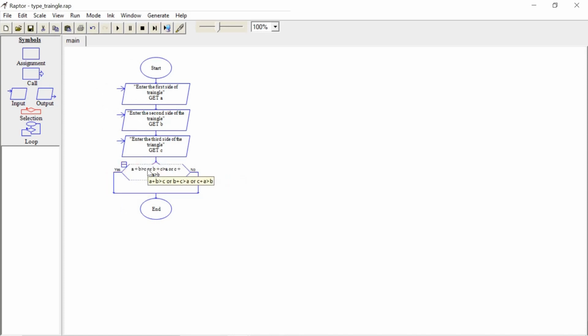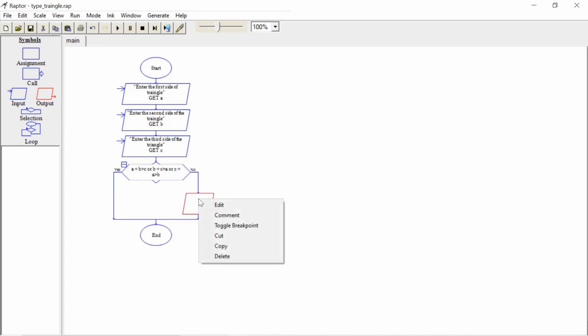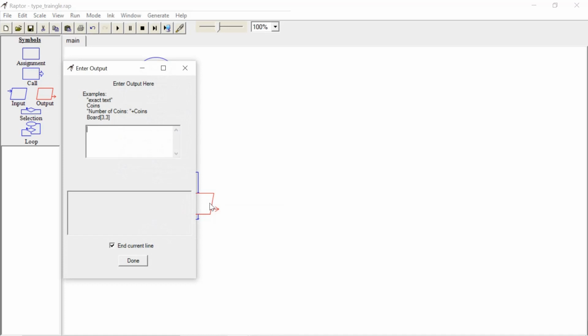If it is yes, then we can conclude which type of triangle. If it is no, then there itself it is the end point, it's not a triangle. So we just drag and drop the output, because if it is not, it's not a triangle. Right click and click on edit. Just write: it is not a triangle.